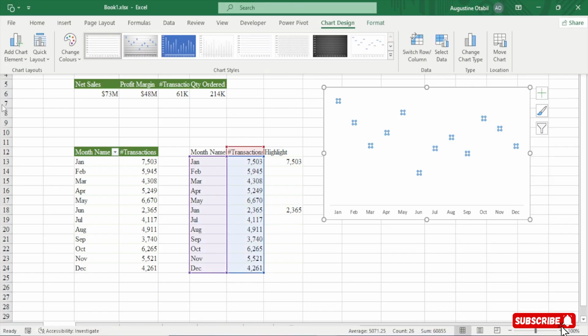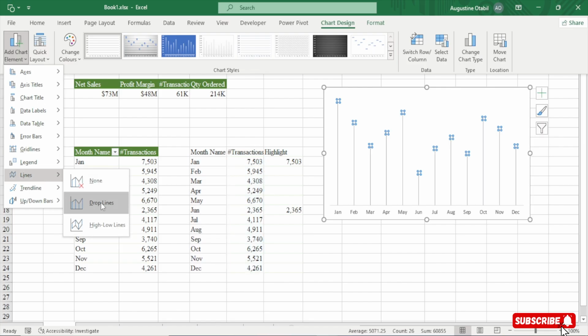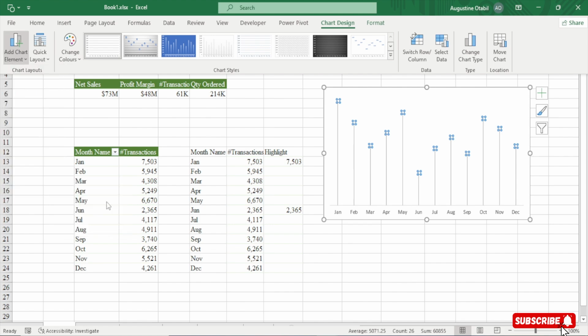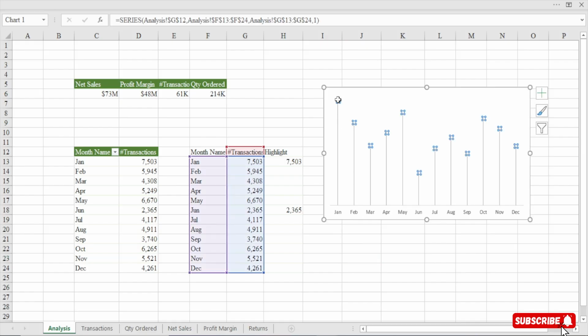the Chart Design. I'll go to Add Chart Element. Then you see the lines here. Hover on Lines, and I will choose what? Drop Lines. Drop Lines, and I will select OK. Do you see that? Perfect. So what I'm going to do is deselect everything like this, and then select the